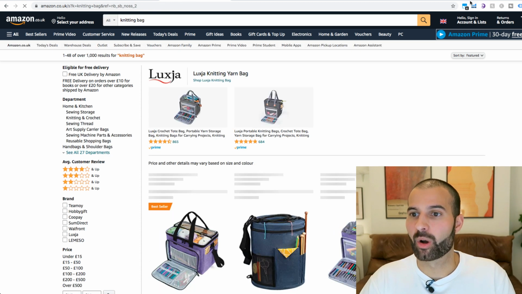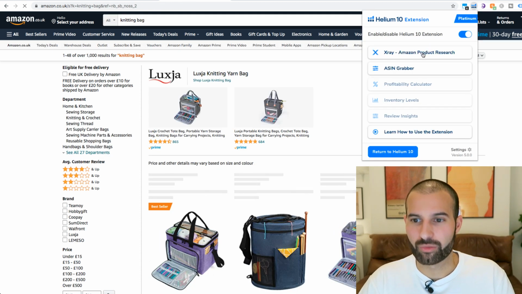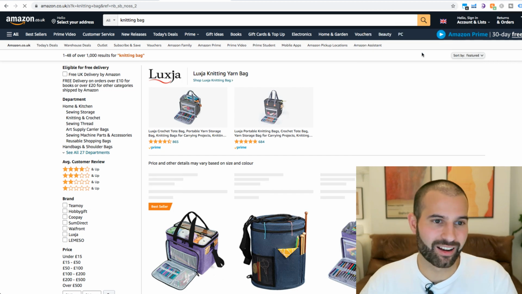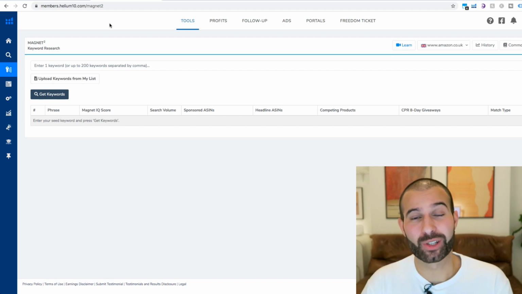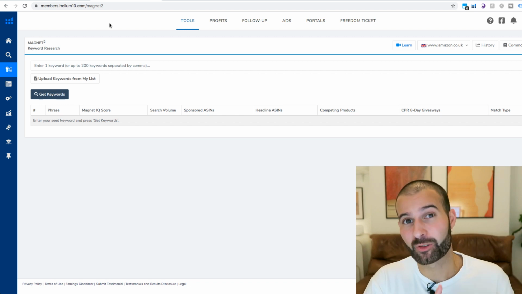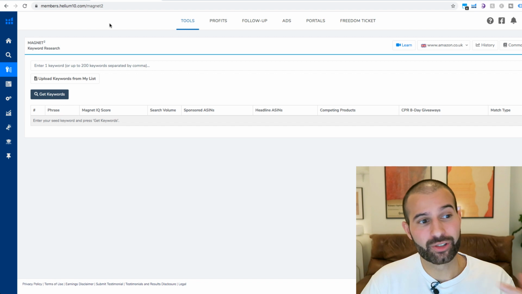Then again, come over to the Chrome extension, run the X-ray tool, and then analyze the data. Now I want to show you a second way of doing keyword searches for product ideas, and this way I actually much prefer to using the Blackbox tool, and it's using the Magnet tool, which is one of Helium 10's